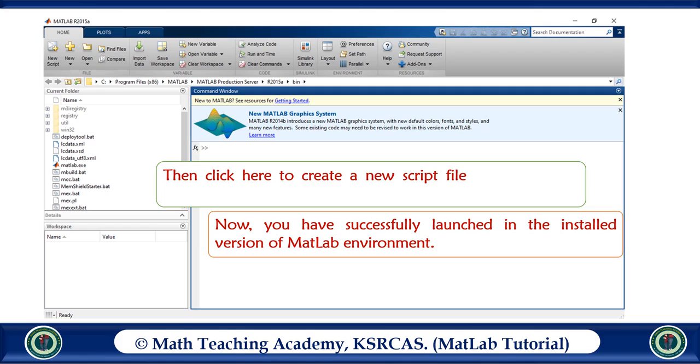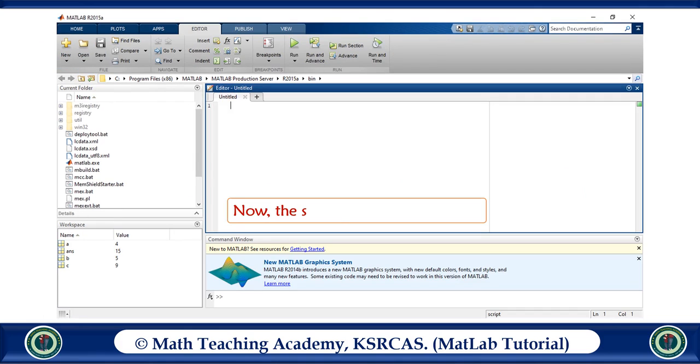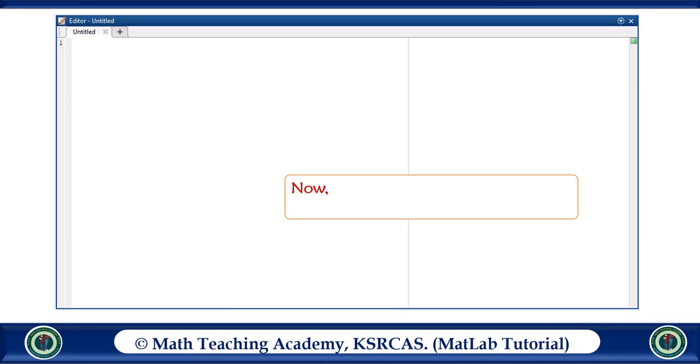Then click here to create a new script file for writing the coding of your MATLAB program. Then the screen will open. This window is called the MATLAB text editor. Here only you can type the coding. Now we are going to type the coding in the text editor.